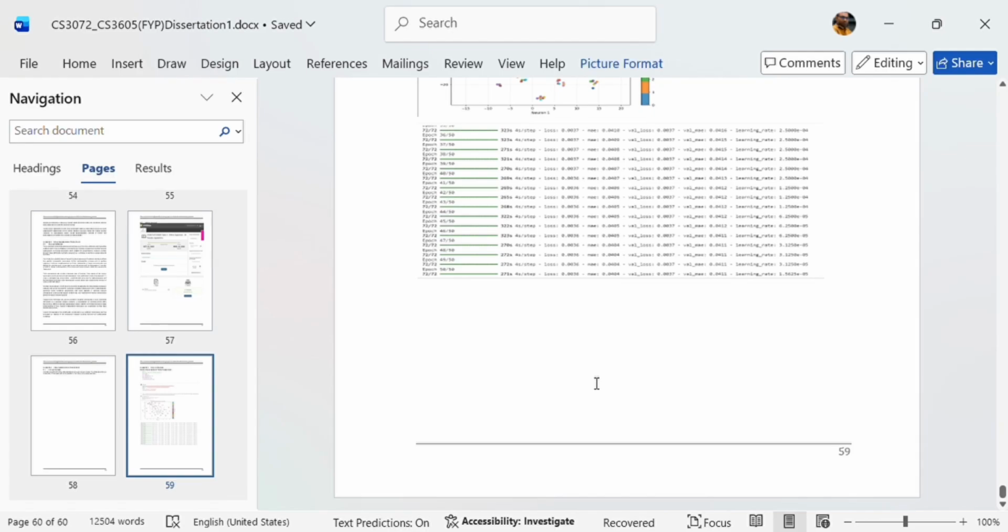In conclusion, this project shows that combining mathematical image processing with deep learning can improve image compression performance while